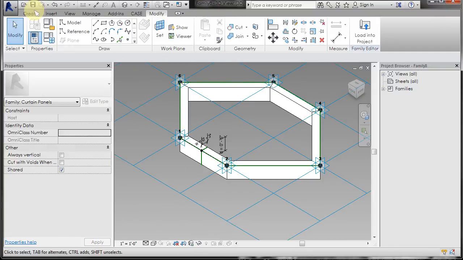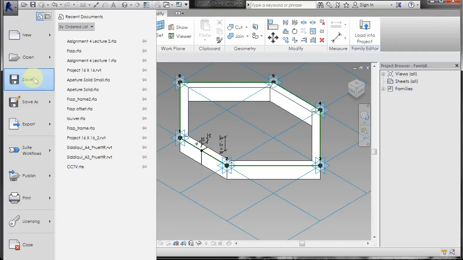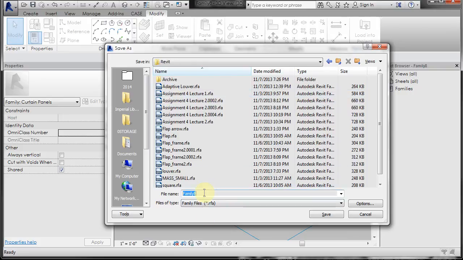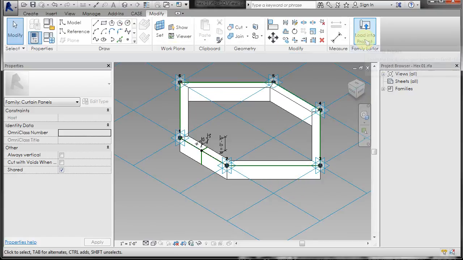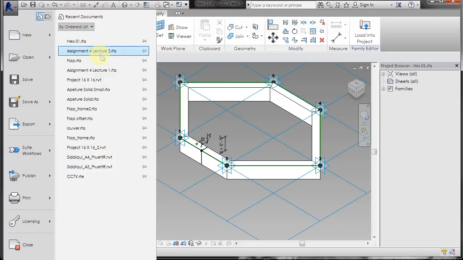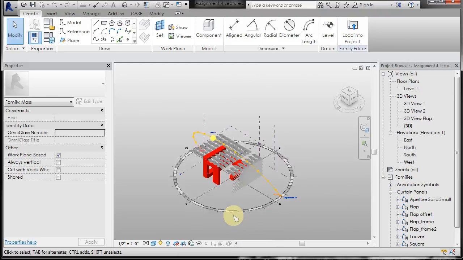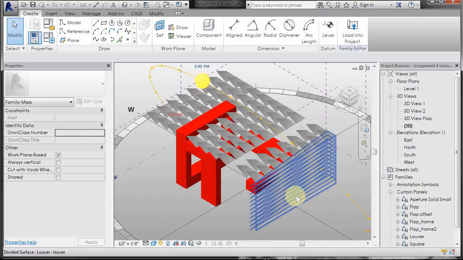Okay. Then I'm going to save this. So save, and I'll save it in with the rest of my curtain panels. And we'll name this Hex 01. Okay, I'll save it. And then I'm going to go ahead and open up my assignment for lecture 2 here and load it into this project, and we'll take a look at it on